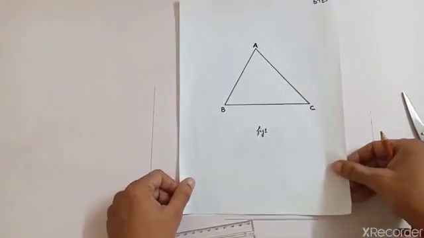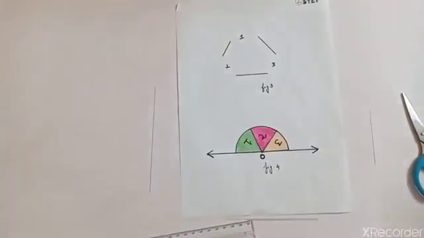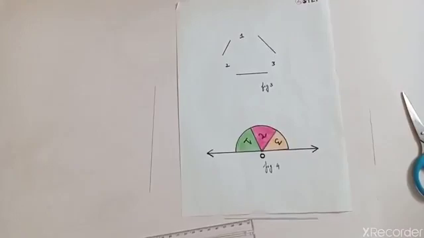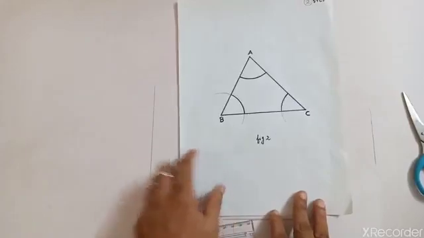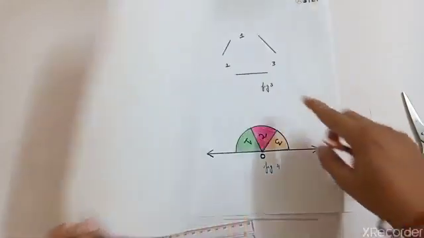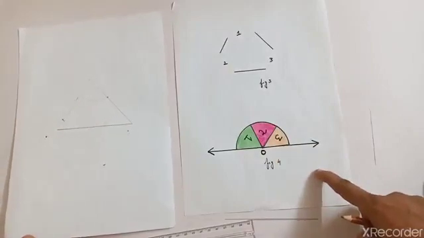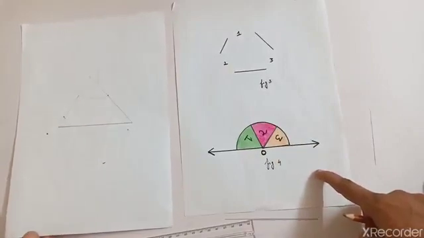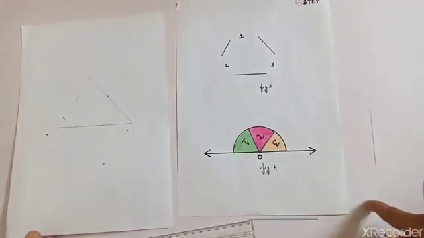And then in your activity notebook you are going to keep this one first. This figure you will stick in your activity notebook, and then you are going to stick this, then this one, then the second one, this is the second one, and then these two will be the third and fourth. So these four figures you are going to stick in your activity notebook, and what you are going to write, all that I will explain to you in the presentation.